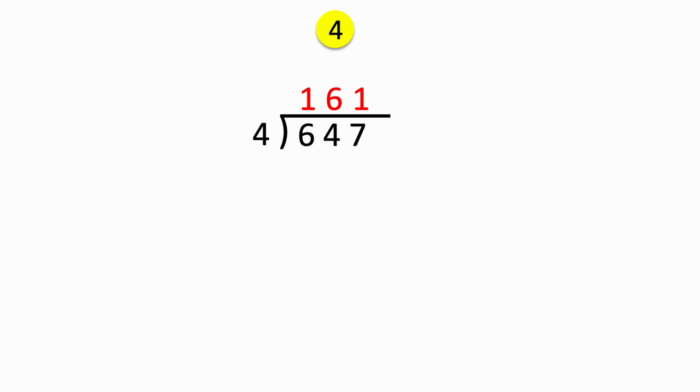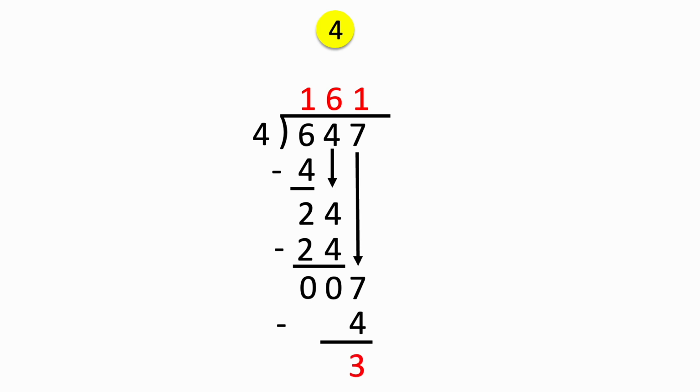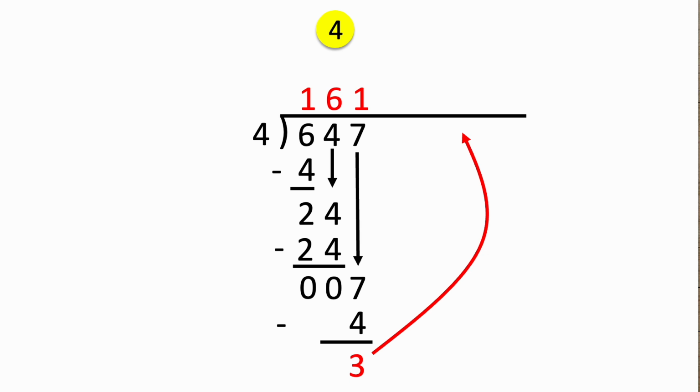What about number 4? Did you have a problem with number 4? Number 4 has a new learning. There are times when you cannot get a complete rounded number as your answer. This is because sometimes you get items left over that cannot be divided equally. And what's left over is called a remainder, which we then write above the long division symbol next to our answer. So we have